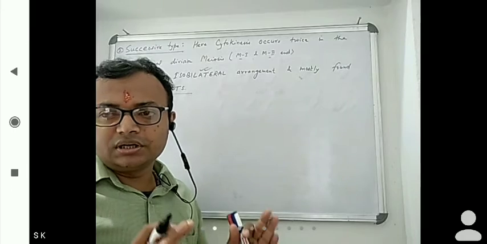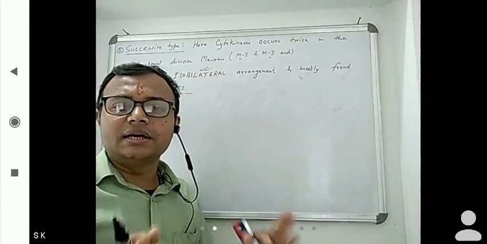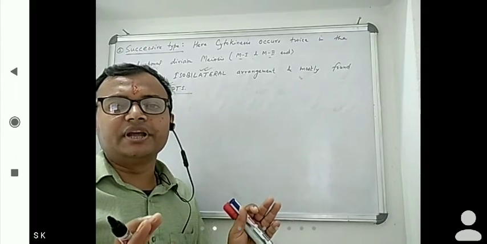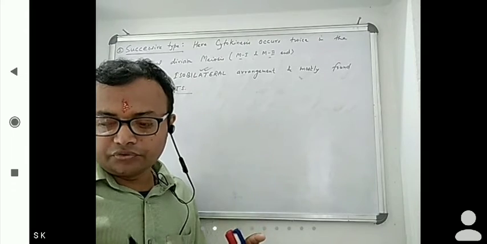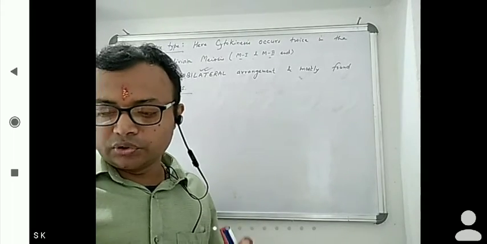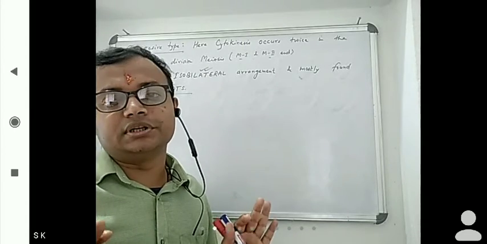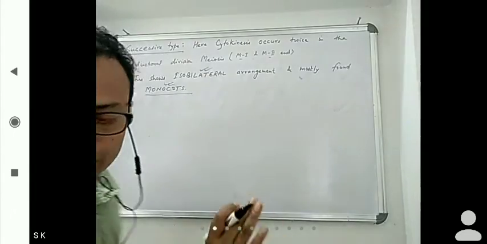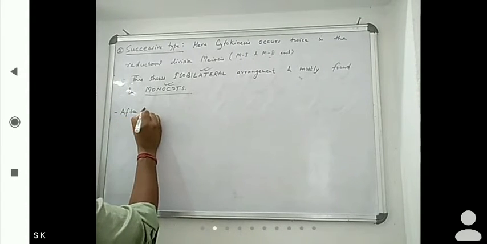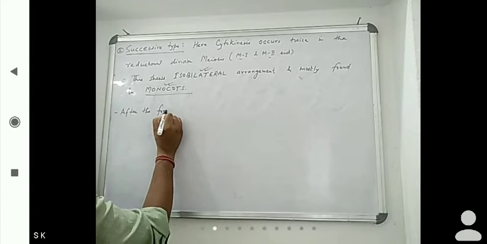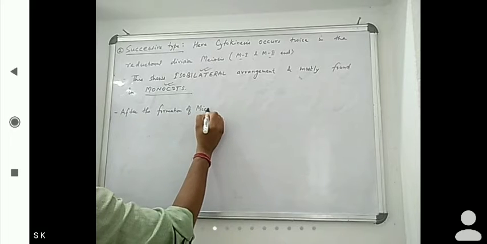Okay, now initially I told that microspore formed in tetrad form where most of the angiospermic plant. Okay, but in some plant they are formed in compound form. Okay, they are having a what? Compound form. So what we can write, that is known as compound pollen grain, and that example is very important, that is Drosera. Okay, so what we can write, after the formation of microspores,